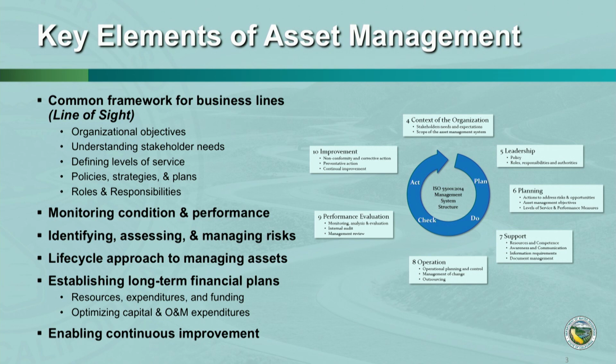and then aligning our policies, our strategies and plans, and delegating roles and responsibilities to ensure that the work done at the ground level on a daily basis is all in alignment with those core strategic objectives. Other key elements of an effective asset management system include effective monitoring of condition and performance of the